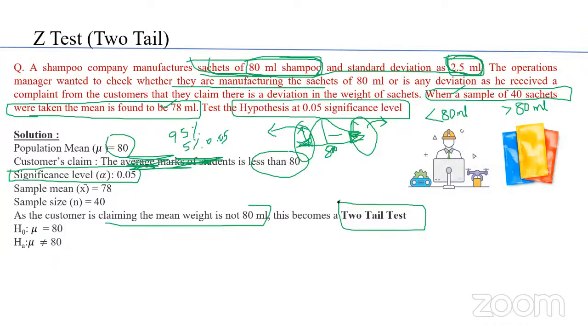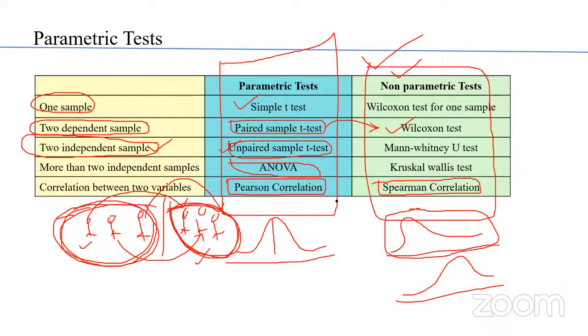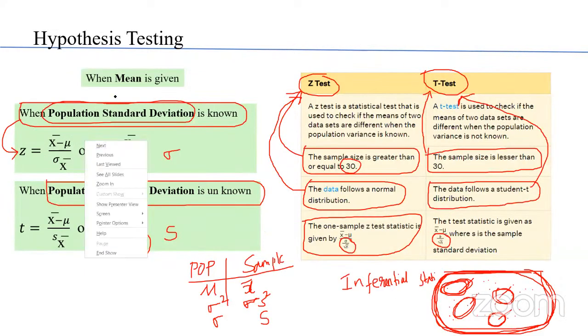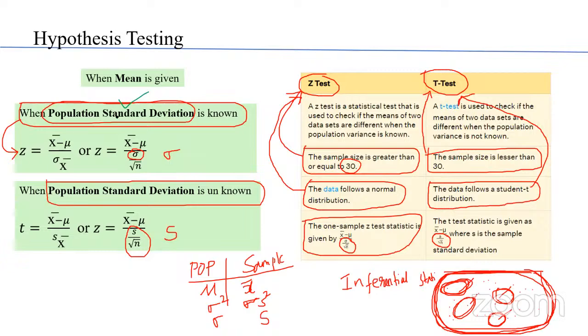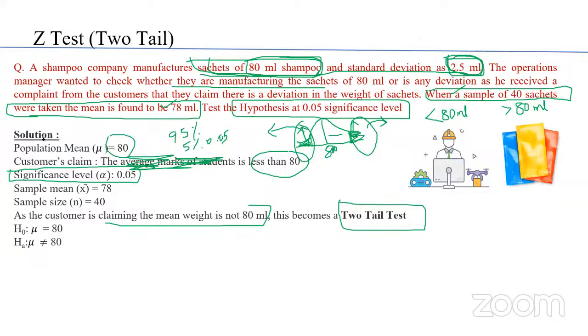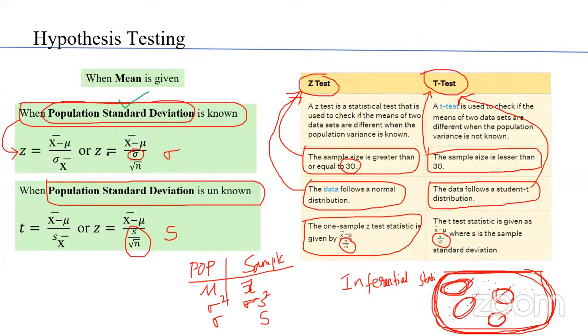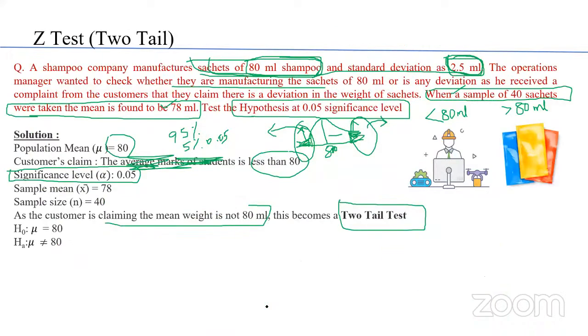And the second confirmation is, as I mentioned in the last slide, when population standard deviation is given, which one do we have to use, Z-test or T-test? T-test. Z-test. Okay, so that is what we have got. And as I mentioned in this slide, for population we use mu, for sample we use X bar. For population we use standard deviation sigma, for sample we use standard deviation S. So if you go with that formula,